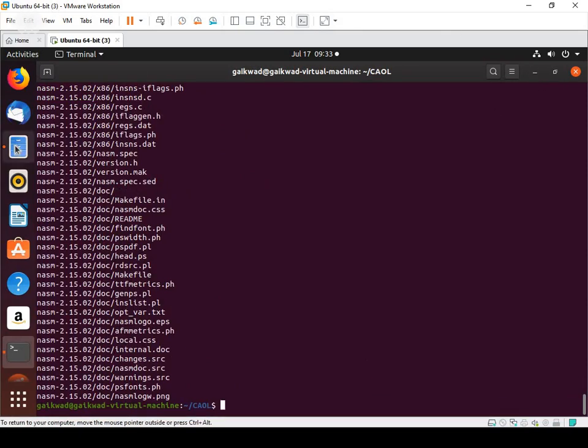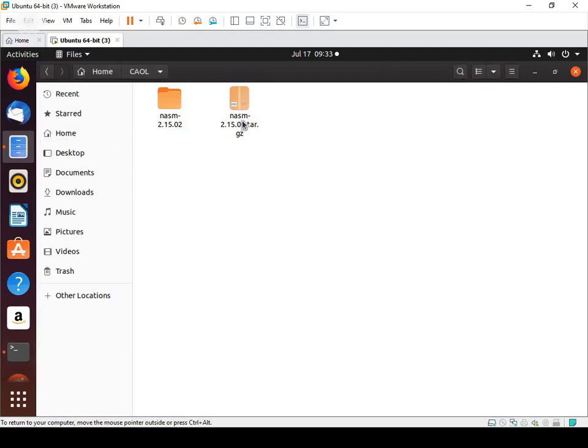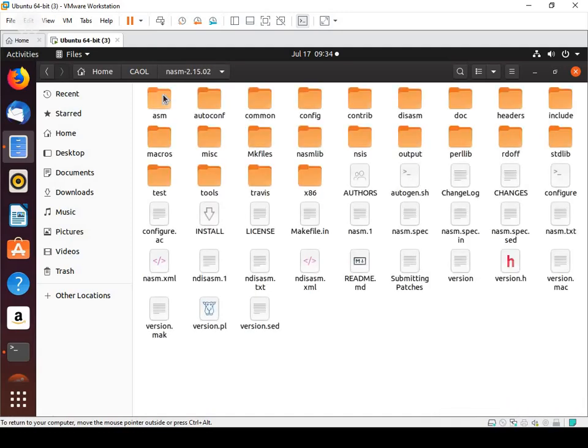Now let's check whether it has got extracted. See, previously only this tar folder was present in my folder. Now the extracted folder is present. Now in this extracted folder, we are going to search for the configure file.